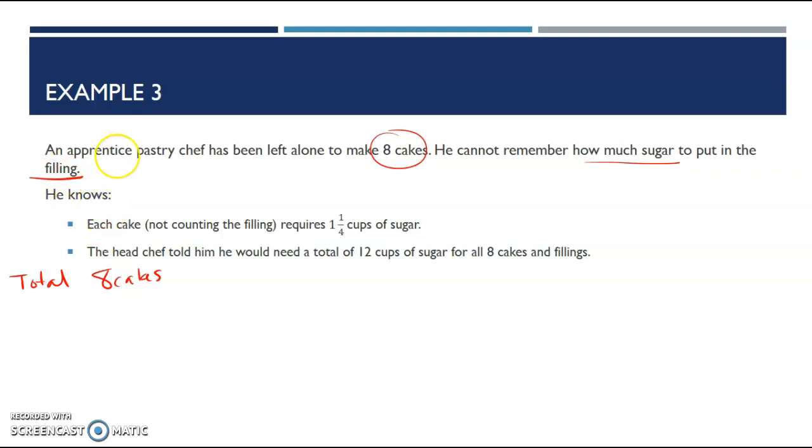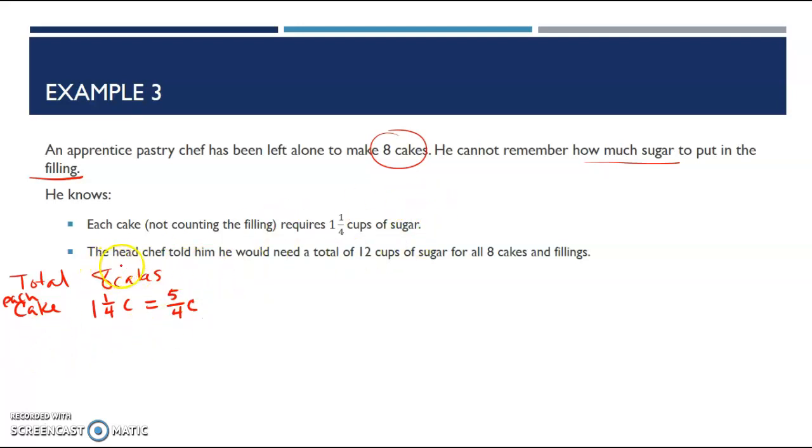What he does know is that each cake, we're not counting the filling, just the cake part, takes 1 1/4 cups of sugar. I'm going to go ahead and write that as an improper fraction. So 4 times 1 is 4 plus 1 is 5. So 5/4 cup